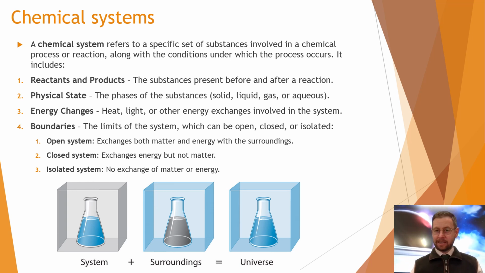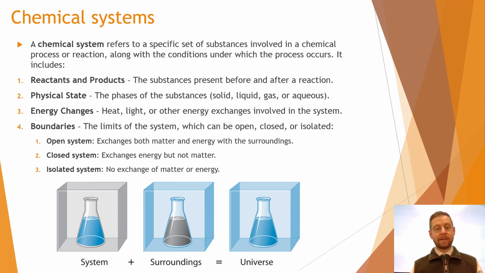Now, what is in the system? Well, first of all, the reactants and the products. We might have a reaction where the reactants turn into the product. We might have a reaction where the reactants slowly turn into the product, and at a midpoint, there's an equal amount of reactants and products together. It encompasses the physical state of those chemicals, and importantly, it is important for us to consider the energy changes